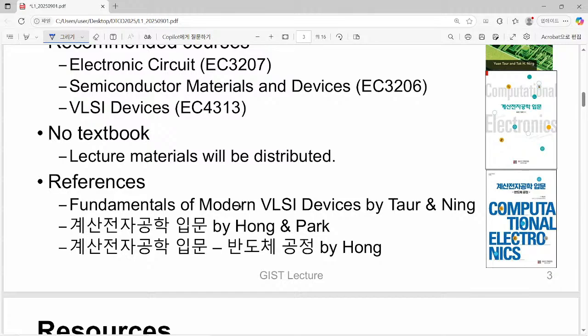But anyway, right now we have no textbook, so only lecture material is distributed. That will be the reference for your study, so please study the lecture material in advance. And where can you find the lecture material? I will show you the information and references. Of course, the best reference for this course would be the textbook by Professor Tower. If you have not read this one, then please